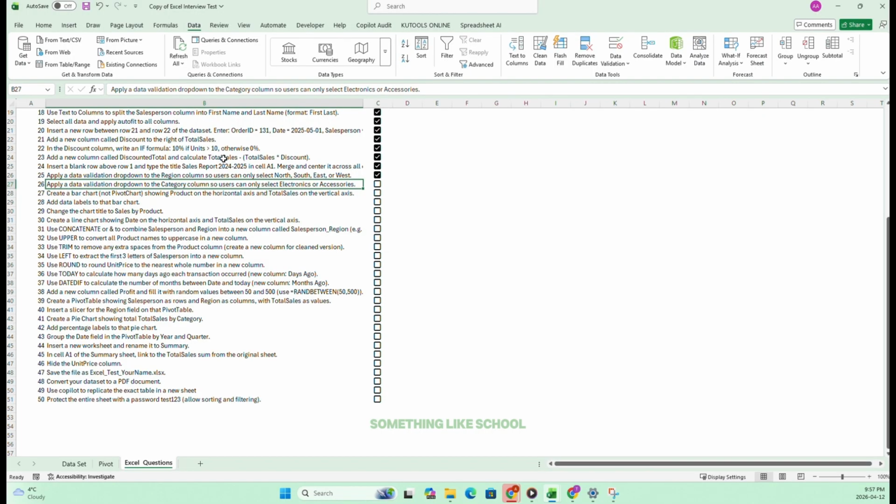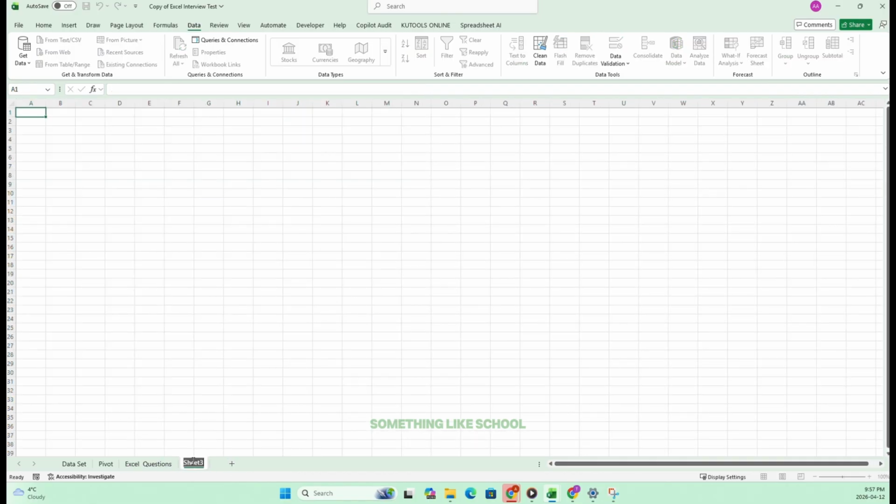The next question also says to apply a data validation dropdown to the category column so users can only select electronics or accessories. I'm going to also show you how to do that but using a different method. So let's say this is my backend and I want users to pick between electronics